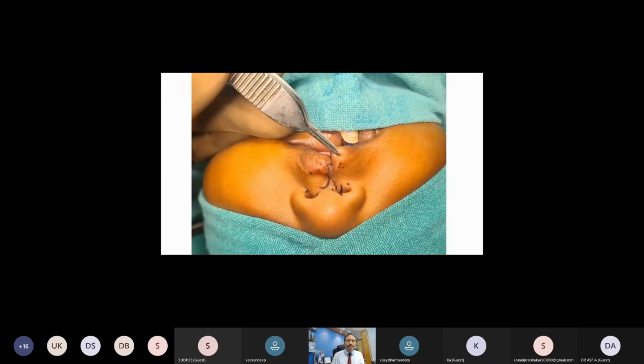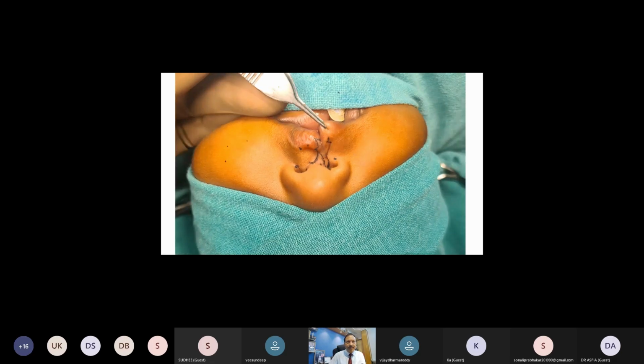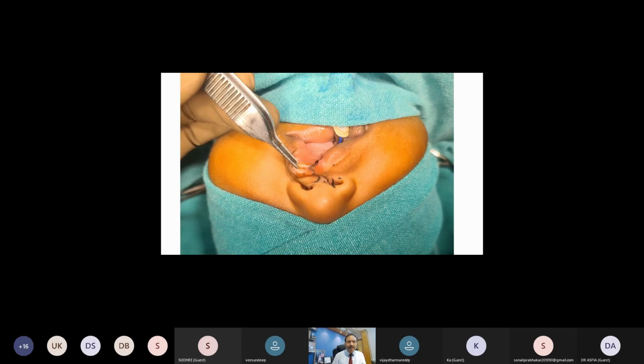Now I add up a small triangle from the lateral side. This is a small triangle about 1.5 millimeters. And then an advancement flap has also been planned. Then a small defect is created in the dry mucosa here, a narrower defect, and a wider triangular flap is taken from